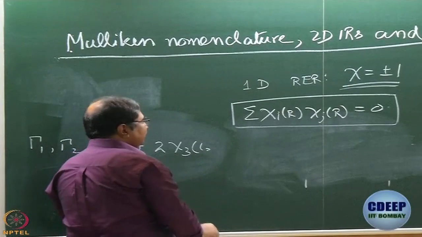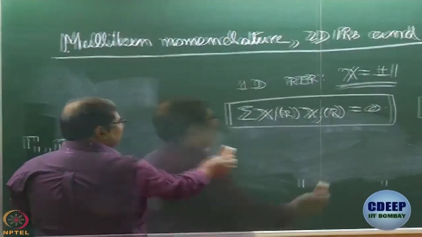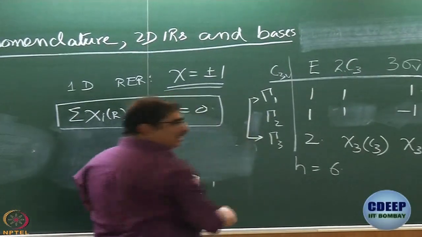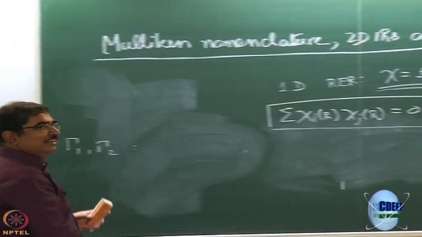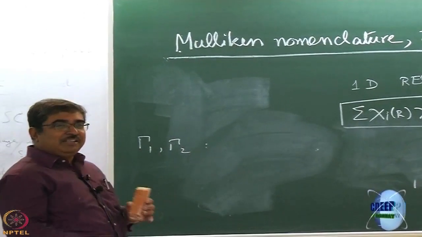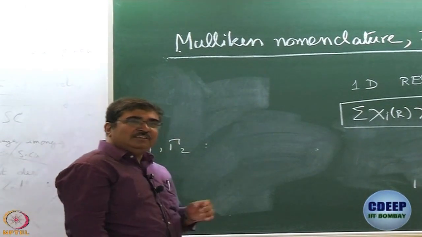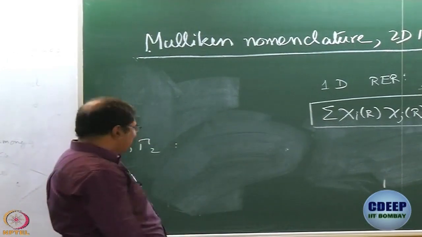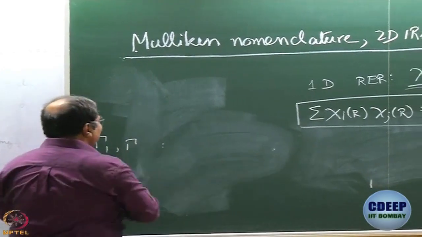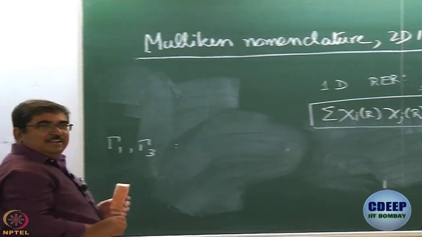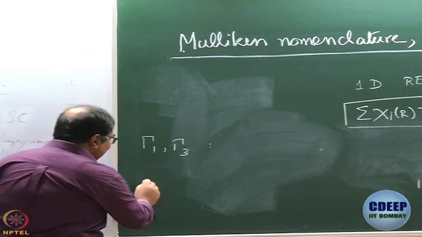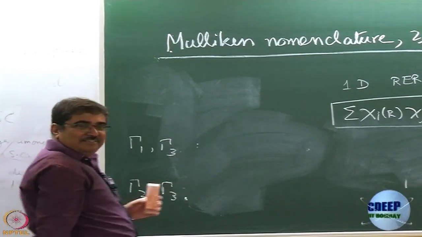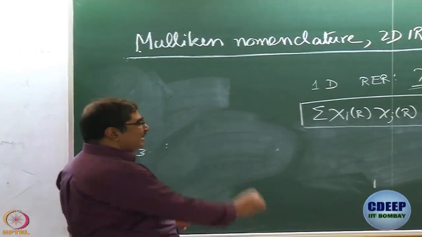Oops. Why am I using gamma 1 and gamma 2? Sorry, my mistake. Vishwarup, you are right. We have done gamma 1 and gamma 2 already. Sorry. This is a manifestation of another very well known physical principle. It is called inertia. So, we will use gamma 1 and gamma 2, gamma 3 once, and just to help my poor memory, next time we are going to use gamma 2 and gamma 3.